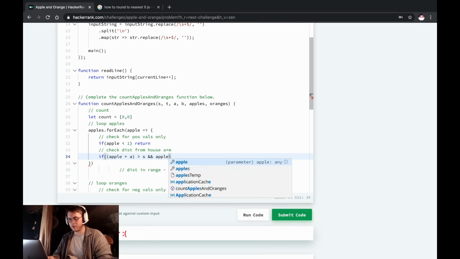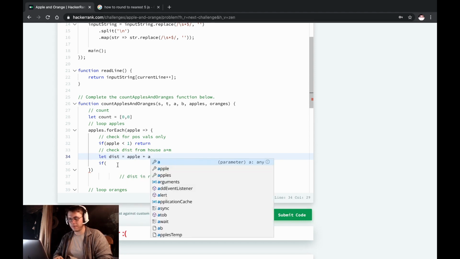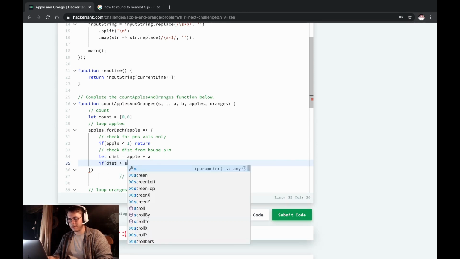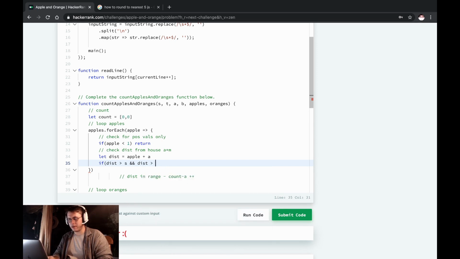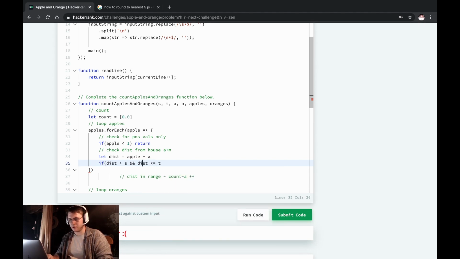and apple, that's going to be way too long-winded. So we're going to create a variable. We're going to say let dist equal apple plus A. If dist is greater than or equal to S, and dist is less than or equal to T,